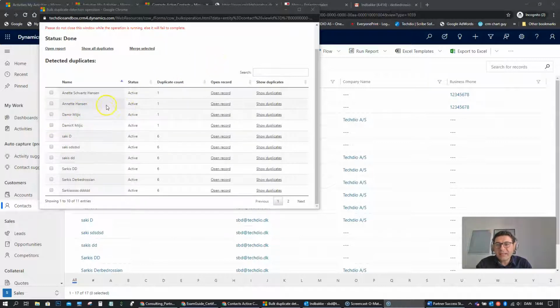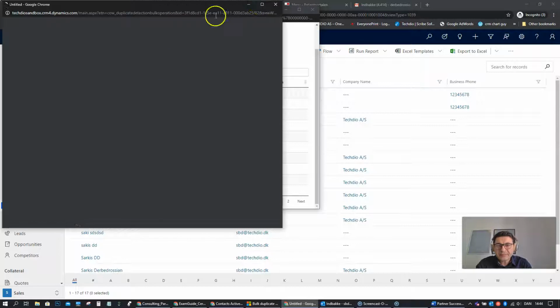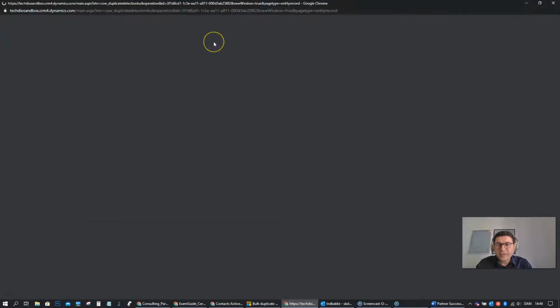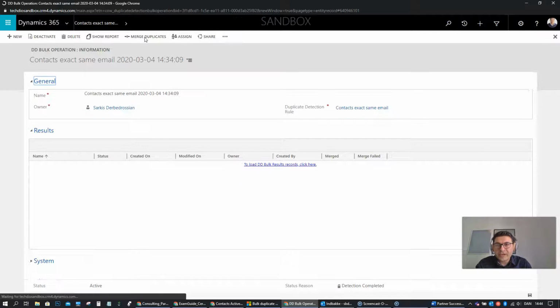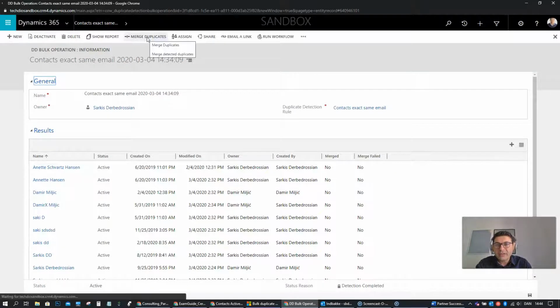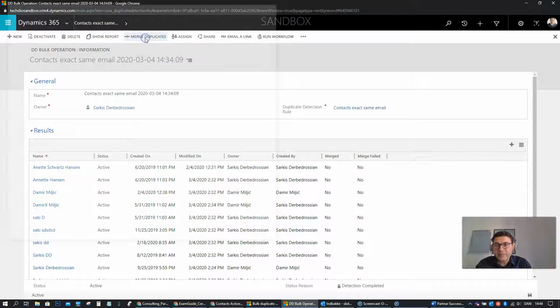So once the duplicates are detected, as you know, this time we will click on show all duplicates, and from here what we can do is start to define what our master record should look like based on some predefined criteria. So I have my duplicates here, and if I go on the ribbon and click merge duplicates,